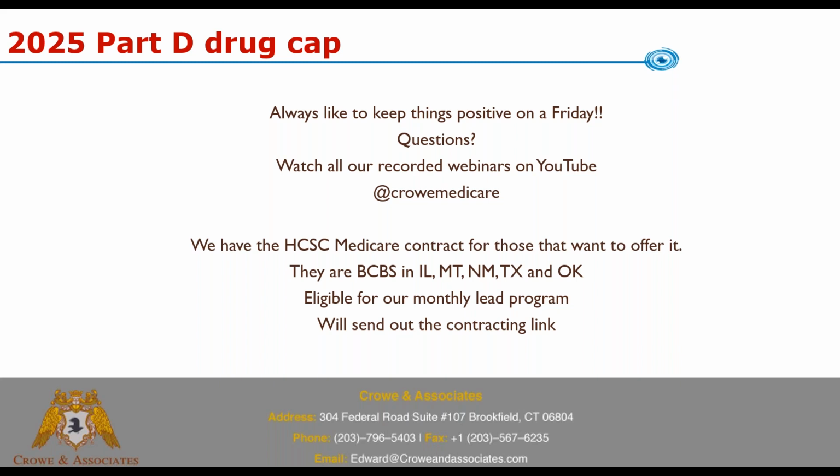Let's see. Somebody said, I believe WellCare is also going from copay on Tier 3 to cost share, costing members more for high-cost drugs. Yes, you're going to see, and I hate to say it like this, but the smart ones, I think, got it a year ahead of this. You're going to see a lot of them going to co-insurance on Tier 3 and 4. And I think that's a dual purpose. First of all, they're just trying to condition the consumer for when everybody's going to be co-insurance Tiers 3 and